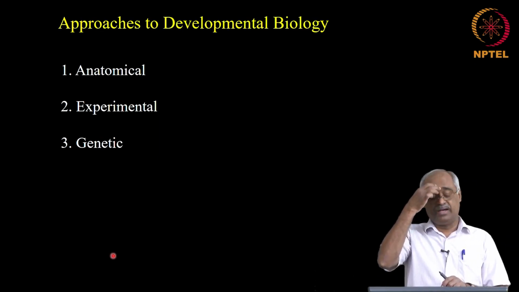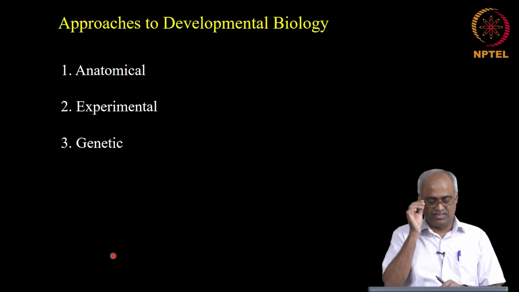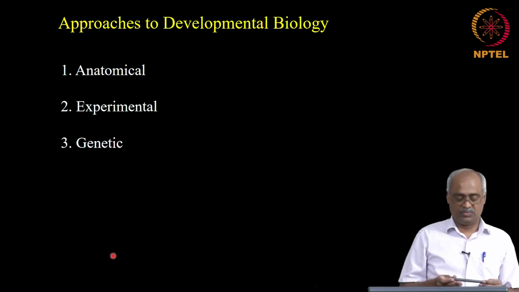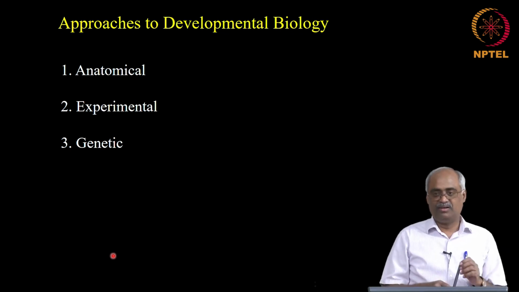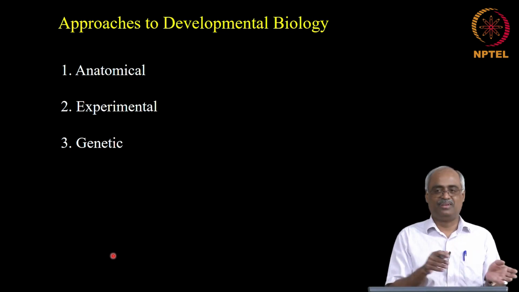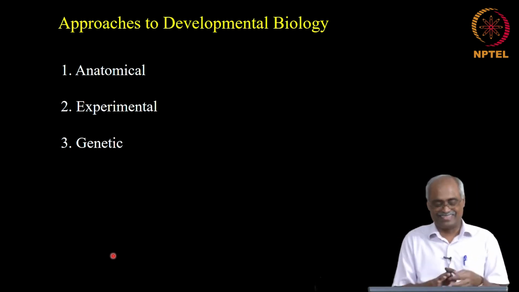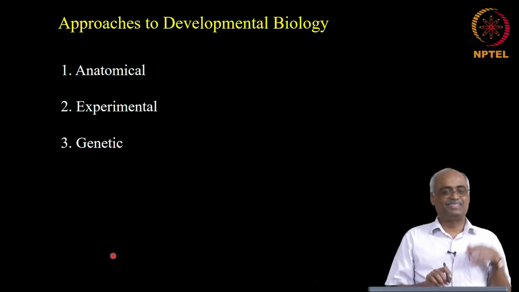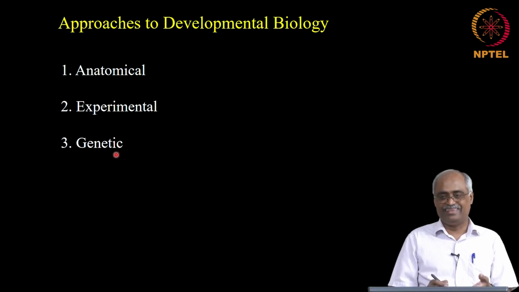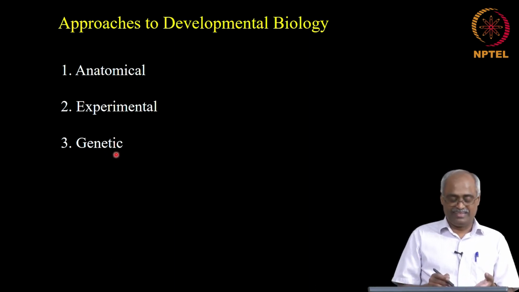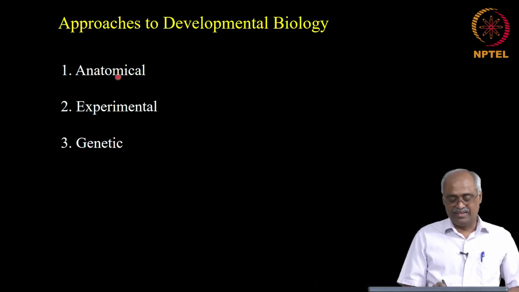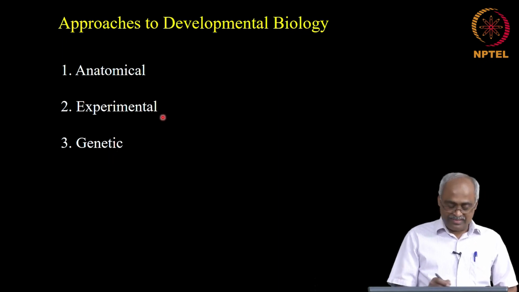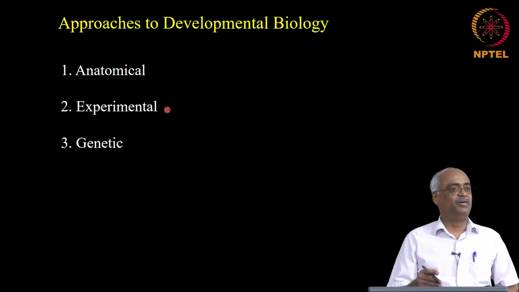Now we come back to learning developmental biology. Remember the three approaches that we talked about: anatomical, experimental and genetic. She asked a question after leaving the class, and that is an important question in the class itself. Aren't the genetic experiments an experimental approach, and why should it be a third one? So the answer is, it is partly historical and partly there were certain experiments that are not involving